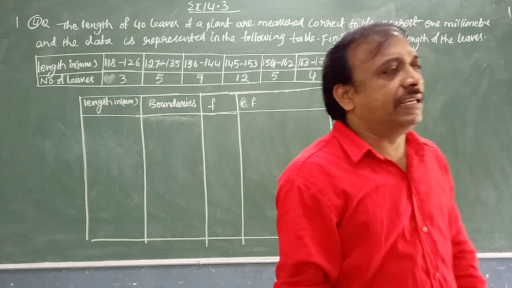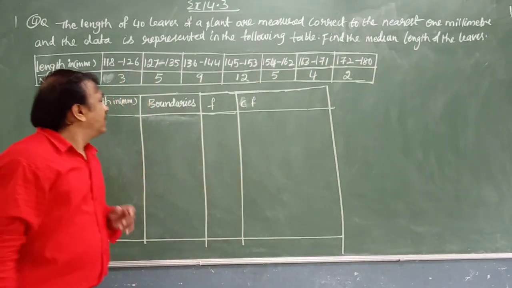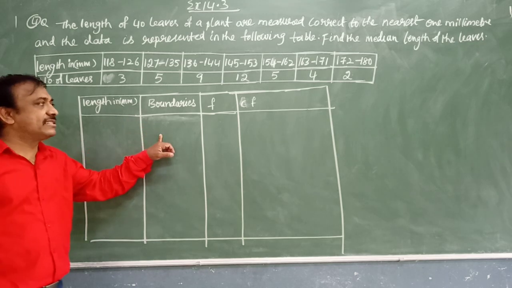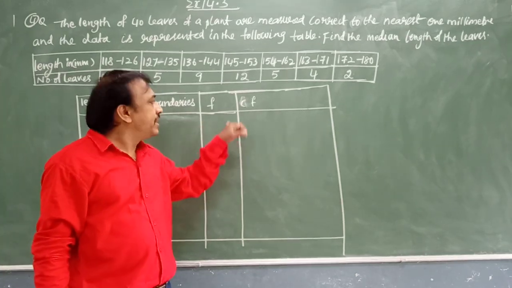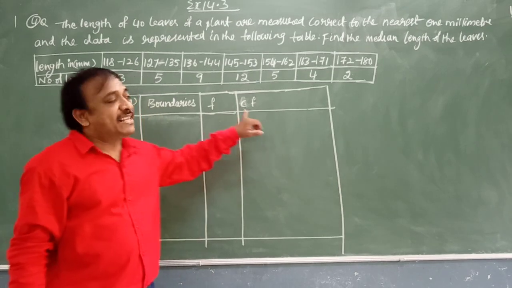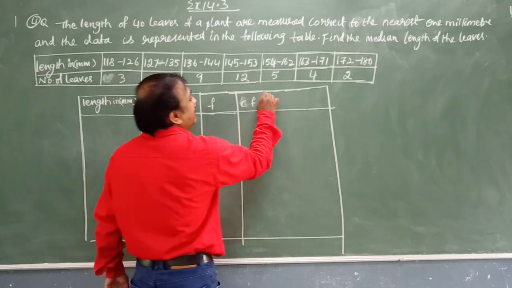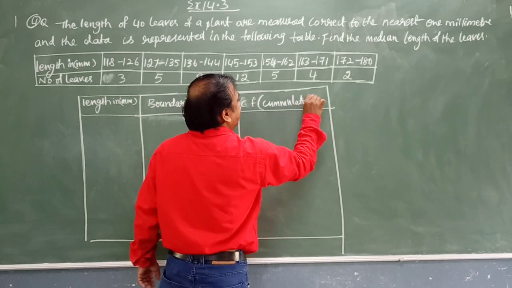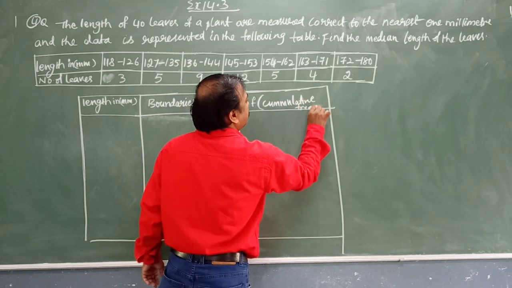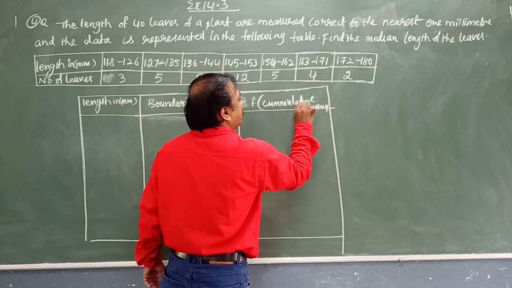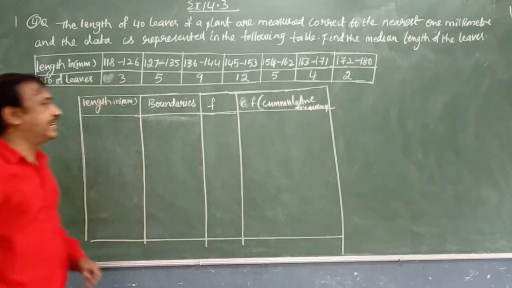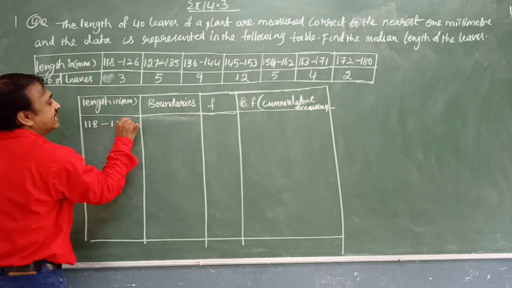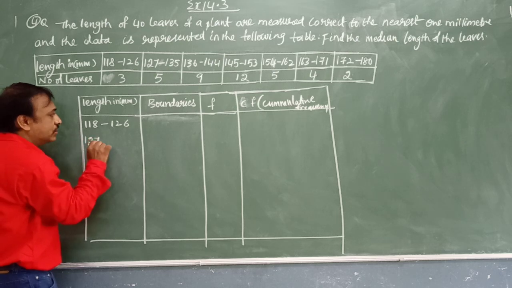Cumulative frequency. Here, length in millimeters, boundaries and frequency. This is cumulative frequency. CF meaning is what? Cumulative frequency. Now, the first one we write as it is, 118 to 126, then 127 to